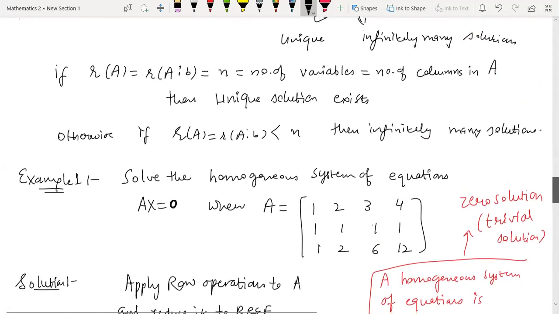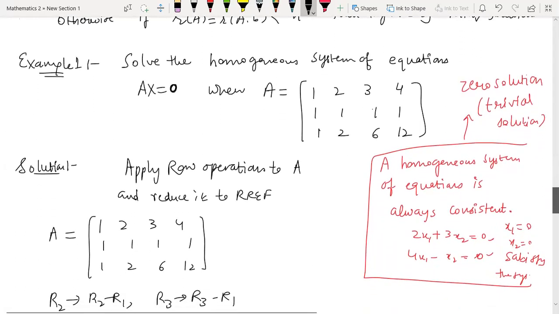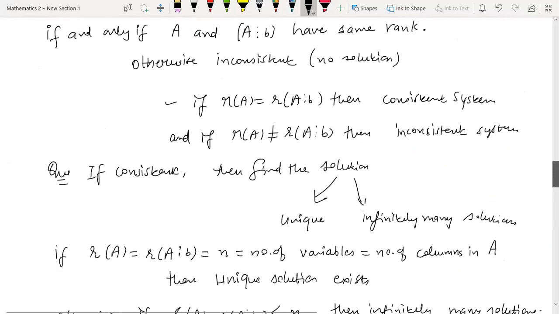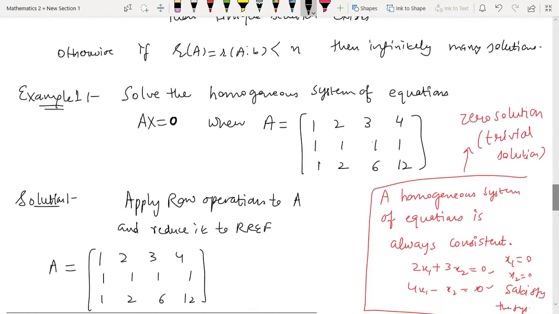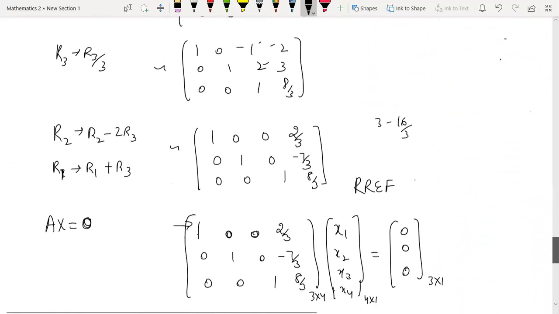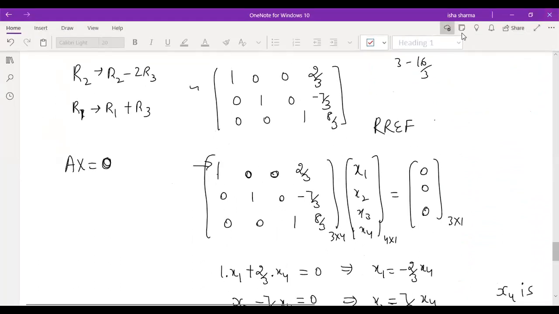I have not used the concept of augmented matrix here in solving this question. As you could see, what I did is just applied row operations on the coefficient matrix only. In non-homogeneous system, we'll do it differently. We will use this theorem which I have just stated, but for homogeneous system, you don't need to use any result or compute any rank or something like that. What you need to do is simply apply row operations, and in the end, when you get the row reduced echelon form, you do this exercise and you will get your solution. Any doubt till this point?